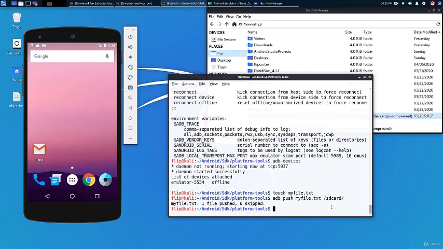Similarly, you can do uninstall. By running adb uninstall and the package name, you can easily uninstall the app. But you might be asking, how do we get the package name of an application? We will see how we can obtain the package name in the next step.